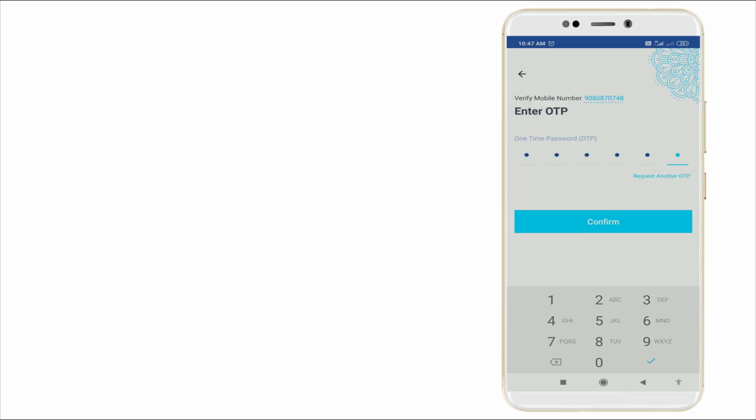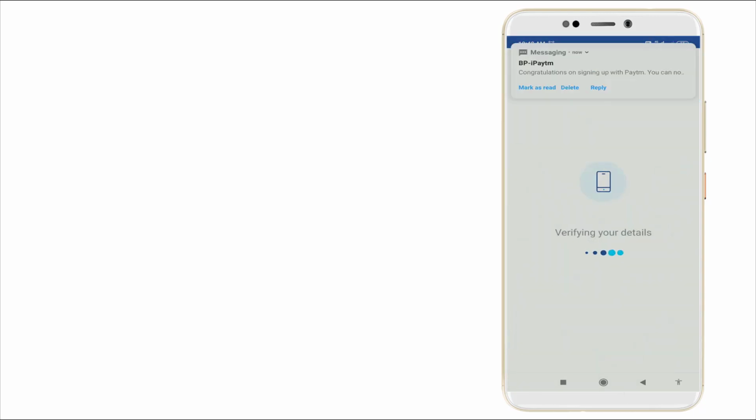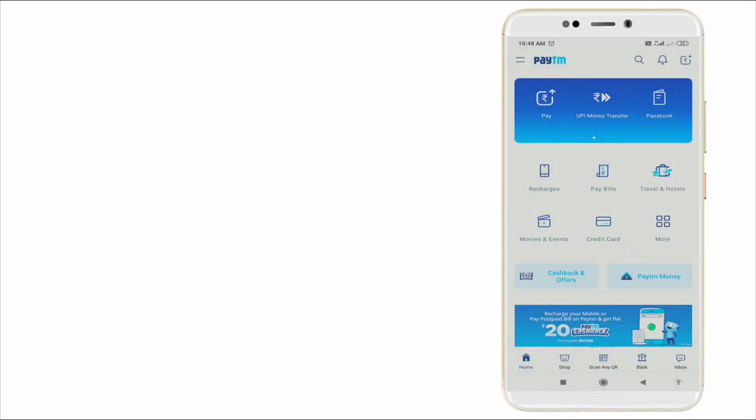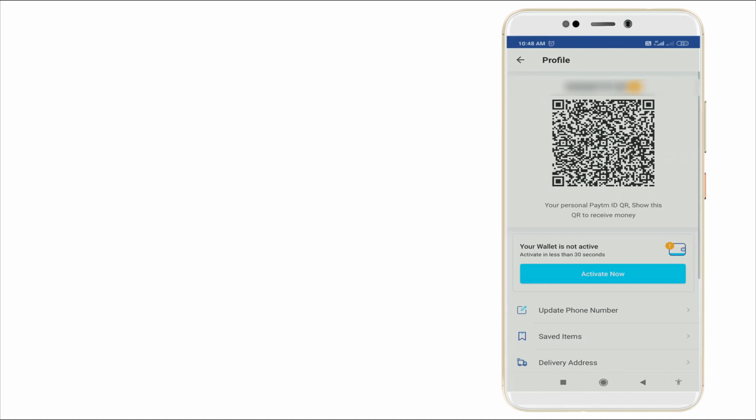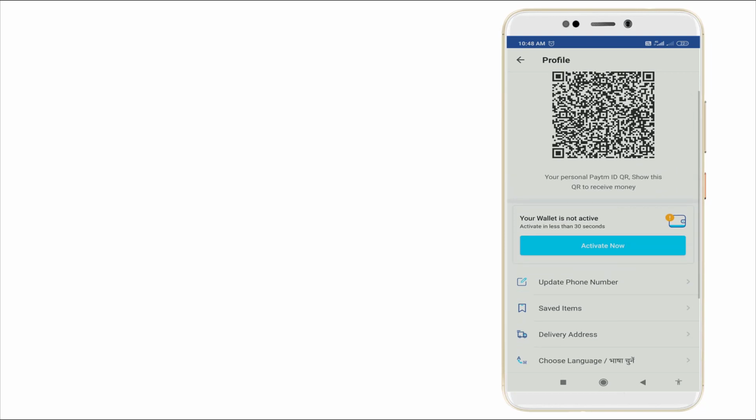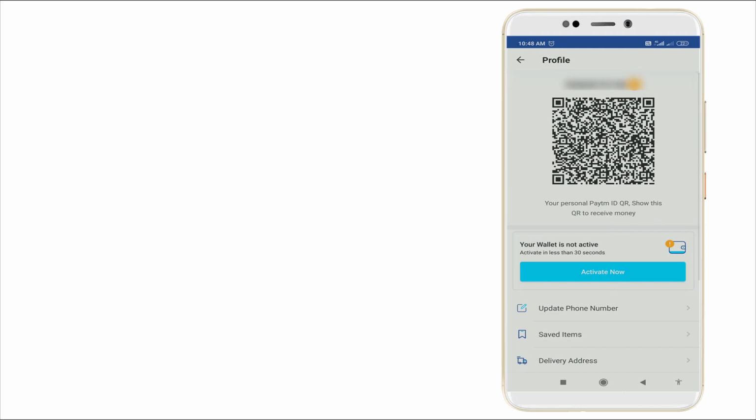And after entering the OTP, click confirm. As you can see, the message is coming right now. Congratulations message. Click done. Okay, now you can see your Paytm is updated with your phone number. Your wallet is now active. After it is active, in less than 30 seconds you want to click activate now,